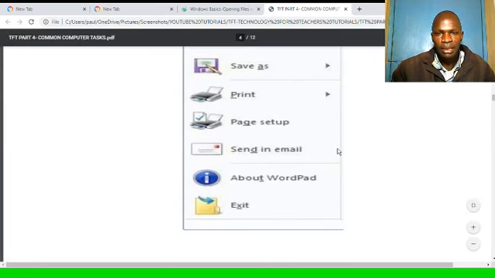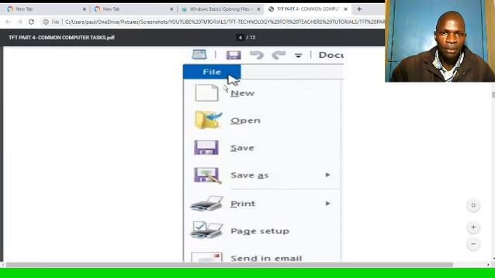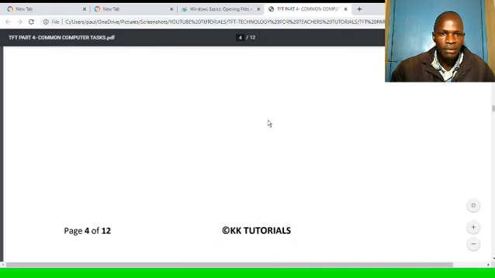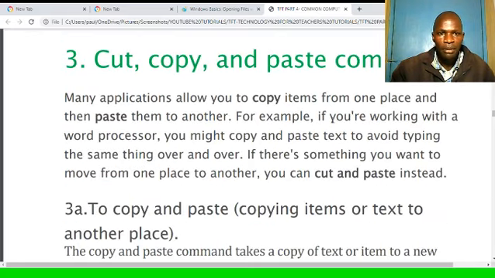These are screenshots of some of the file menu options that were there. So now, cut, copy, and paste commands. Many applications allow you to copy items from one place to another. You will copy from one place and then paste them to another place.